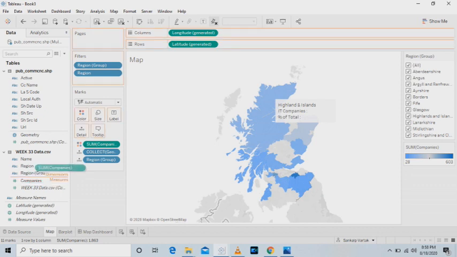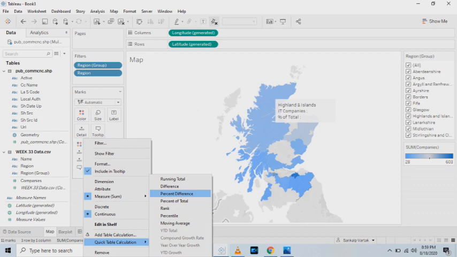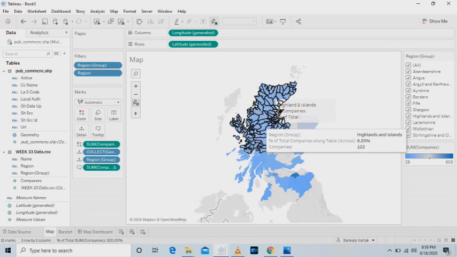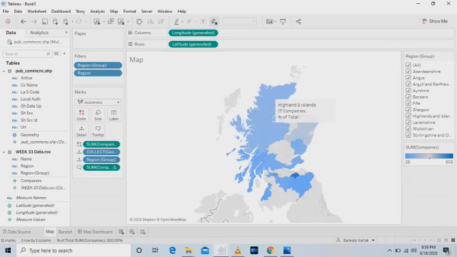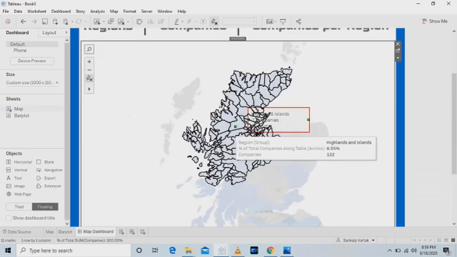Okay, we have to add percentage of total to the tooltip. For that, drag companies to the tooltip. Go to quick table calculation, select percent of total. Now again go to your dashboard.